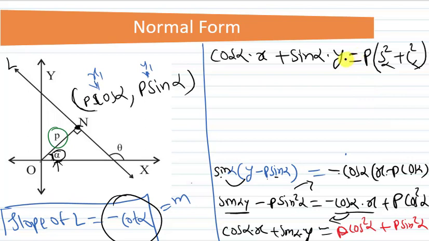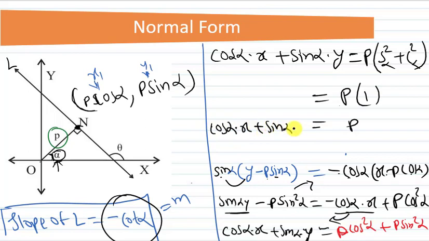So remember, in next calculation, to reduce the writing and solve the question in faster way, we are going to use C for cos or cosec or cot. Depends on the problem. We will use the short form, right? So remember this. Here I know sin square plus cos square will be 1. So P into 1 will be P. And on the left hand side, what I have? Cos alpha into x plus sin alpha into y. Okay.